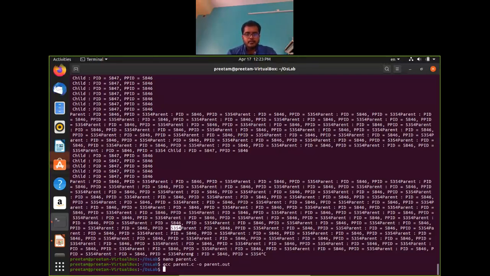So what will we do now? We'll again run this program. Infinitely it will show the PID and PPID, and from another shell, from another terminal tab, we'll kill the parent process and we'll see where the control goes. I mean, who adopted this new orphan process? Is it the init process or is it the parent of the parent process?